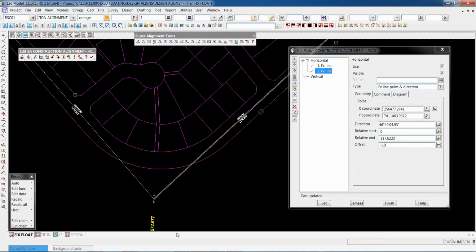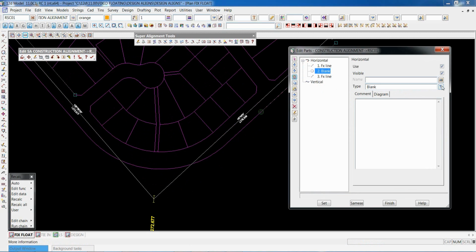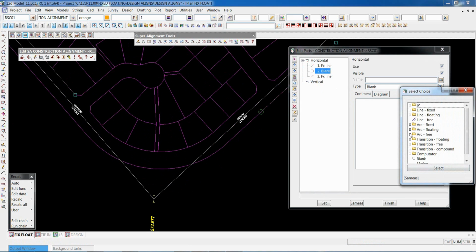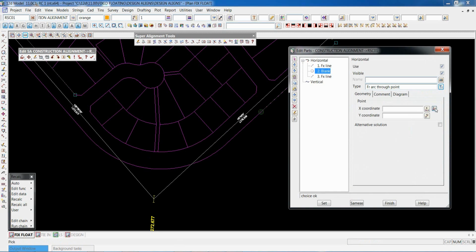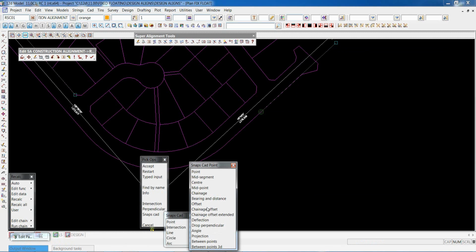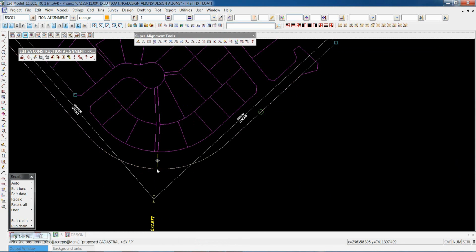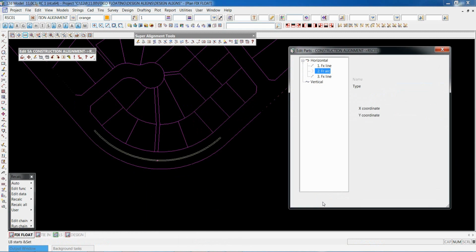So we now look at the arc between. So again, the free arc depends on these two elements. So we go and insert between that part, and we select under arc free. So we'll look at the through point one first. So the point I'm going to get, I'm going to use my Snaps CAD, go down to point, and pick midpoint. So I pick that point there across the other side of the road, and I go set.